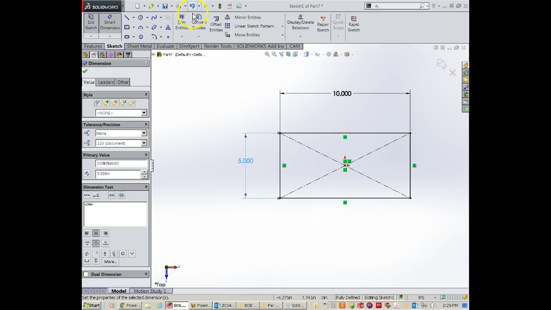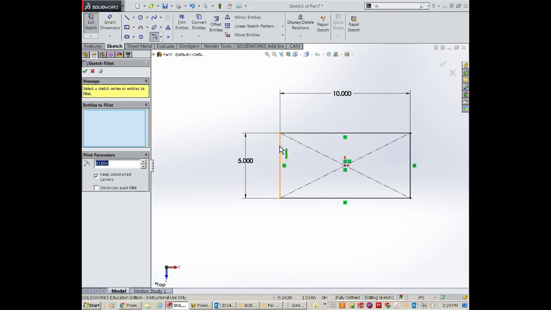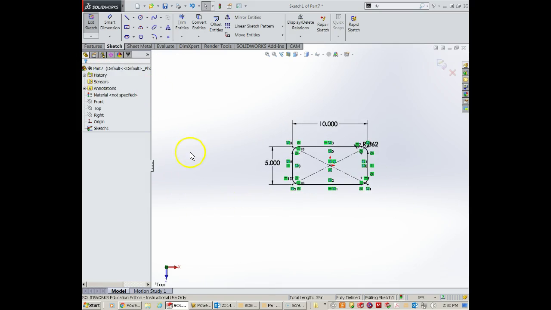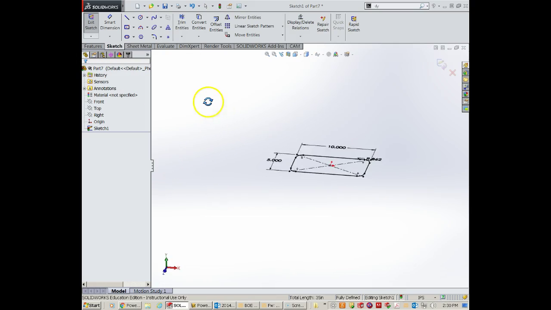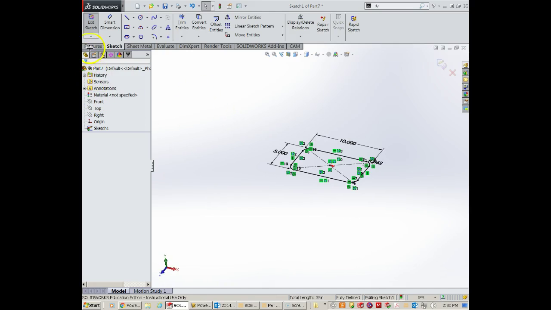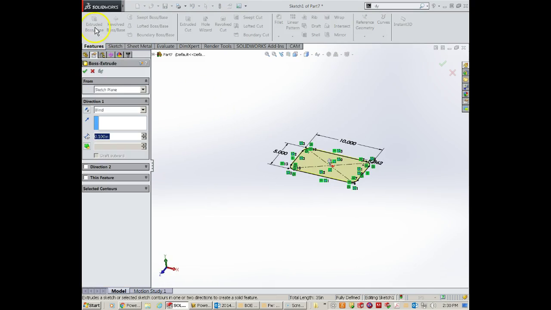It has filleted corners, so we're going to grab our fillet tool, and our radius is 0.5, and we're going to come in here and radius all these corners. Okay, finish this sketch. Now, important to take a note when we go to features and we go to extrude,